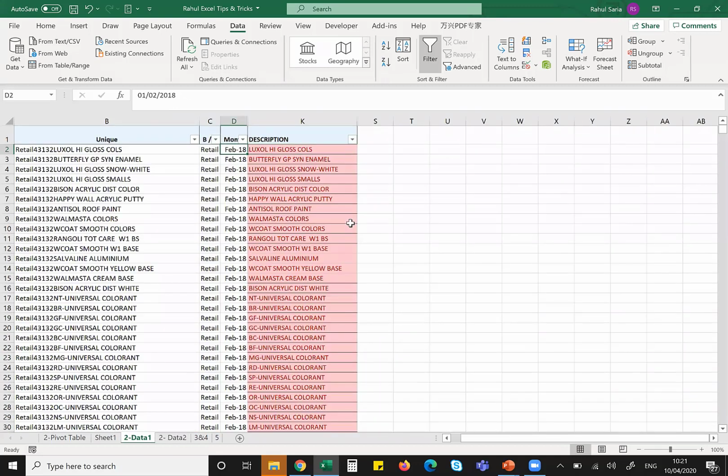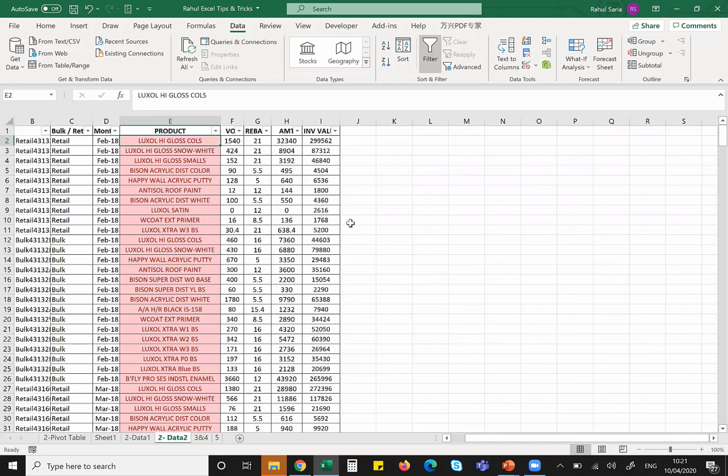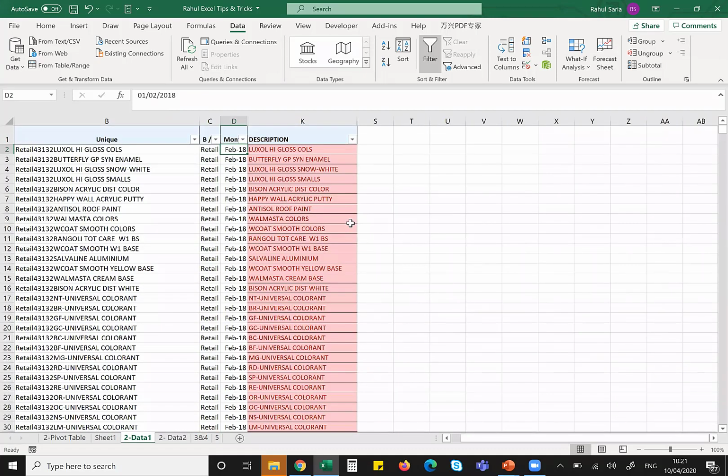Now what I need to do, I need to create a unique. How do I create unique? The problem with the data repetition was because there were multiple months data in this data, plus there were either bulk and retail category, right? I'll just combine all those and create a unique. How I do that? I just create a unique in this manner. So I'll just type it again here, equal to, I select the first column, that is the bulk or retail. I use a symbol AND.